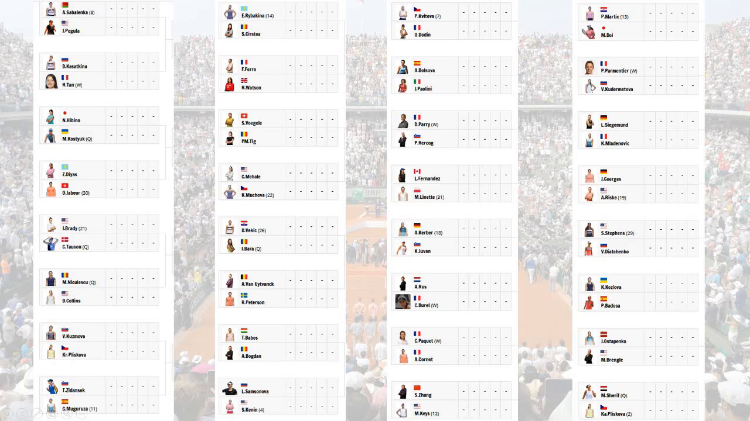Alright, and the last section of the draw, so we have Kvitova, the highest seed. Her favourite surface is not clay either, but I'm going to go with Kvitova to make it through to the quarters. And in this section we have